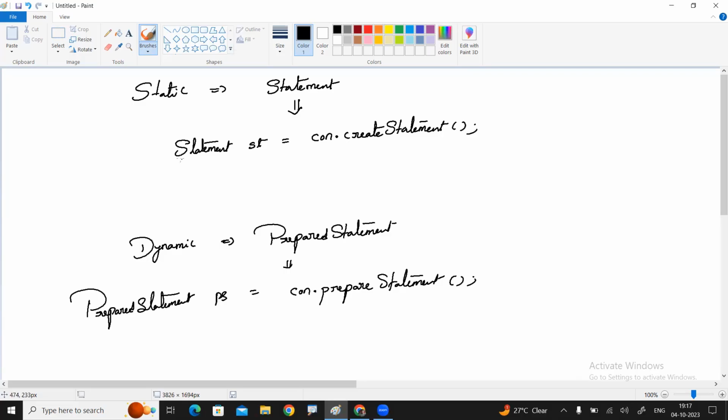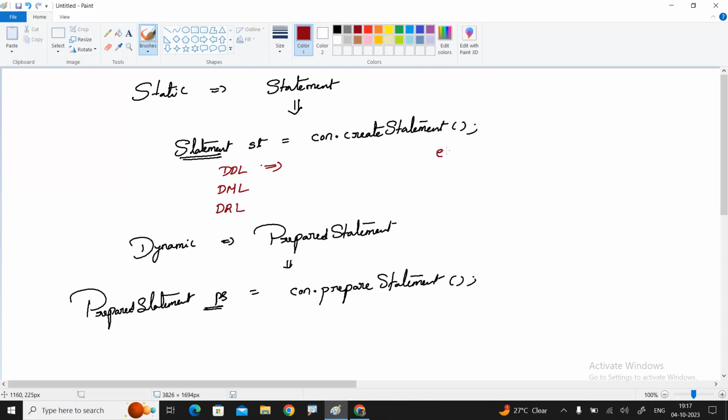Once you get the statement and the prepared statement, sir, how to execute different static queries and how to execute different dynamic queries? Whether it is a DDL command, a DML command, or a DRL command.